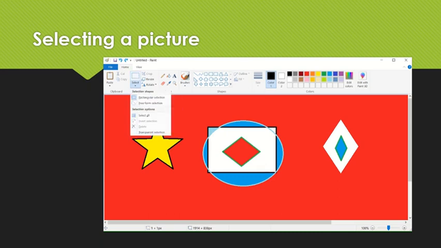See here, this is freeform selection. To select an irregular part of the picture, click on freeform selection. Then drag the pointer over the part of the picture you want to select. On releasing the mouse, a dotted box appears.